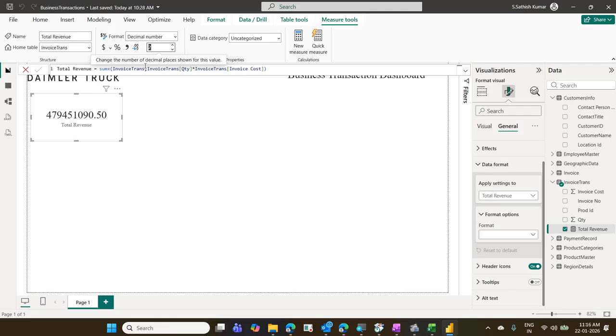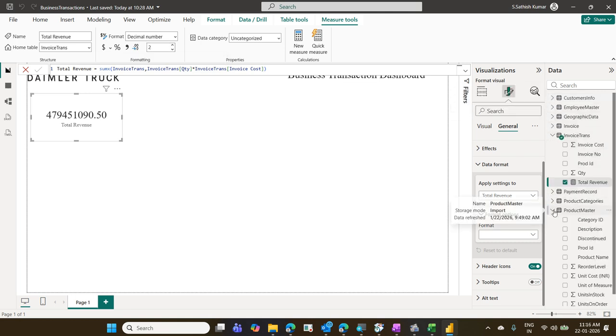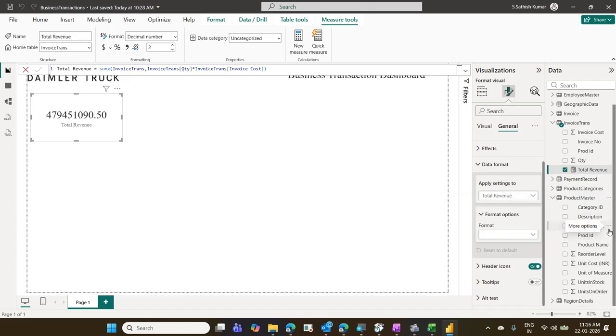Now the challenge is, let us open the file called product master. I'll go to the table called product master. Under the product master, I have some columns: category ID, description, discontinued, product ID, product name, reorder level, unit cost, unit of measures, unit in stock, unit in order. We have a column called unit cost. For every product, we have fixed some unit cost. We have fixed it in the master. But while making an invoice,